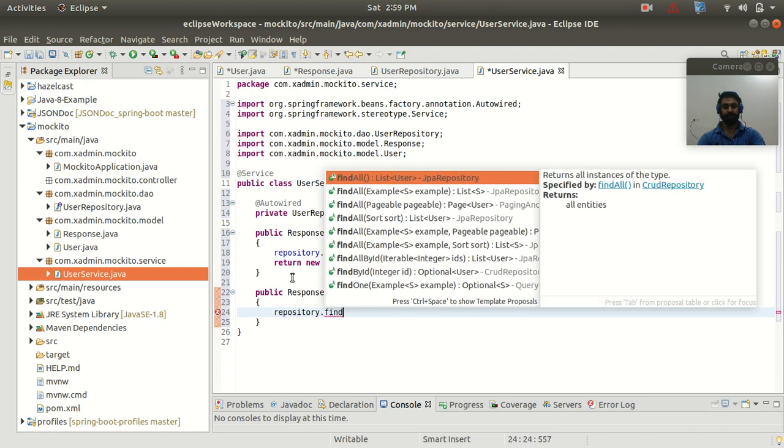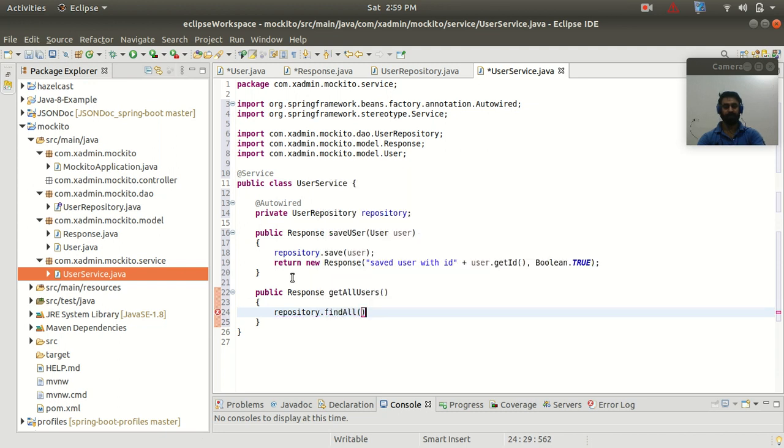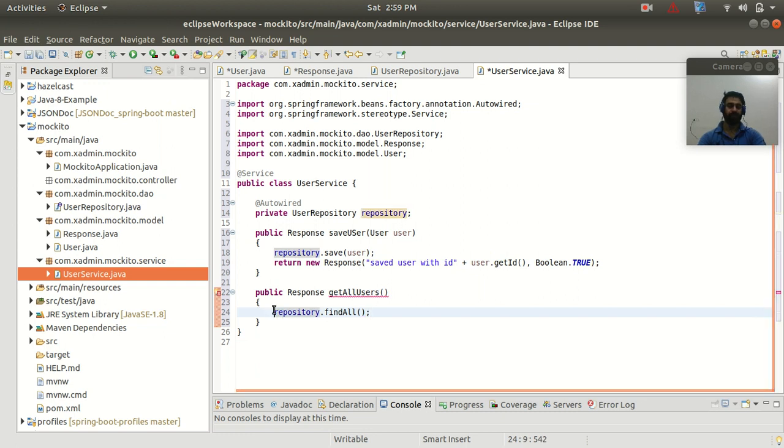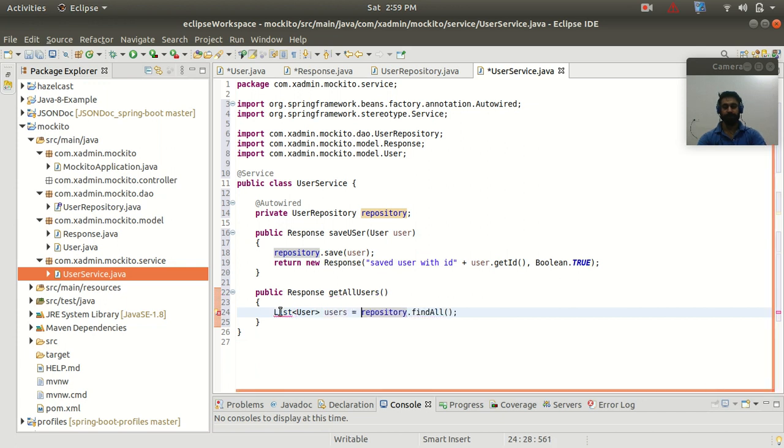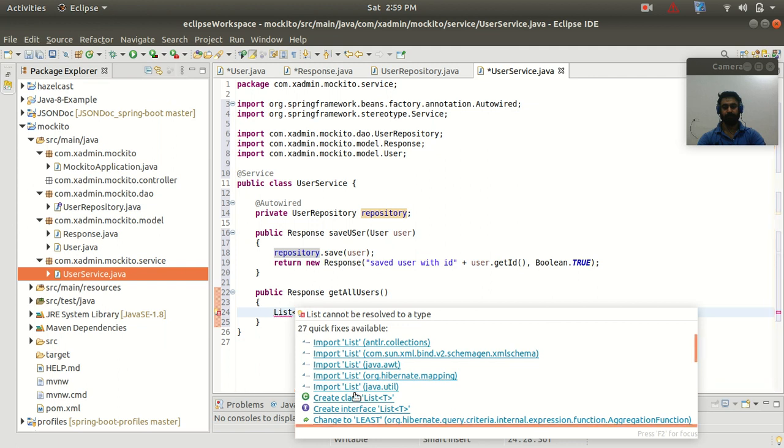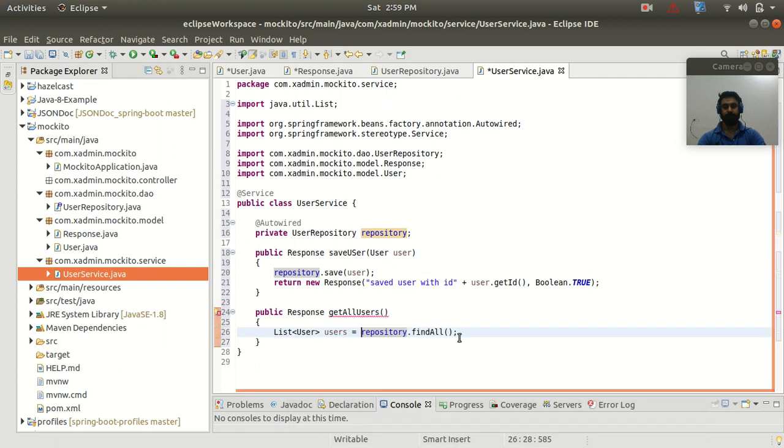We have a findAll method in JpaRepository to get all the objects from the database. So guys, it is going to return the list of the user objects. So let me store this in a list with the name users. Import this from the util package.